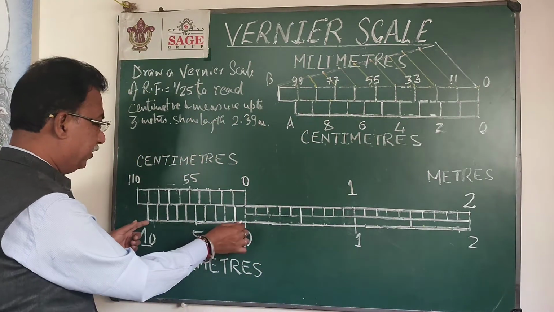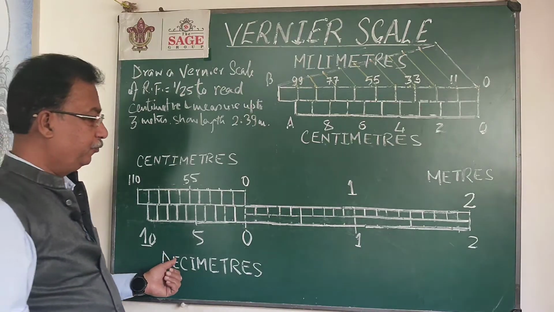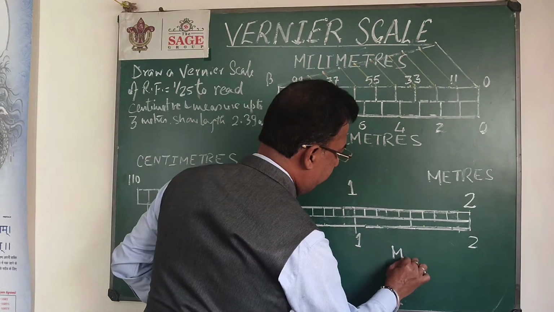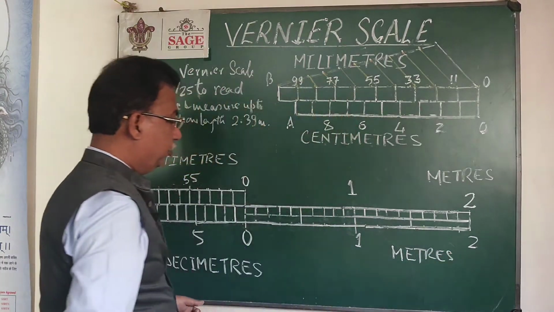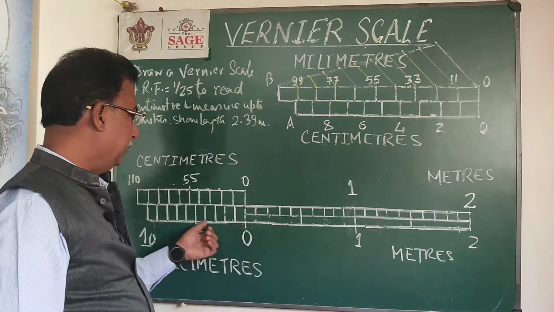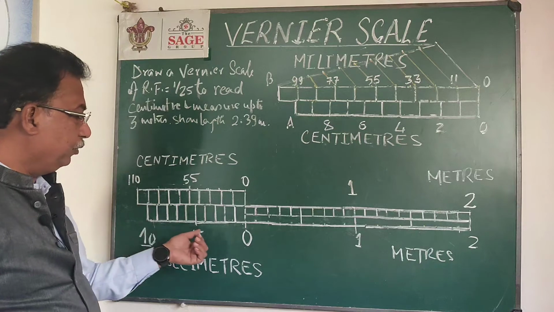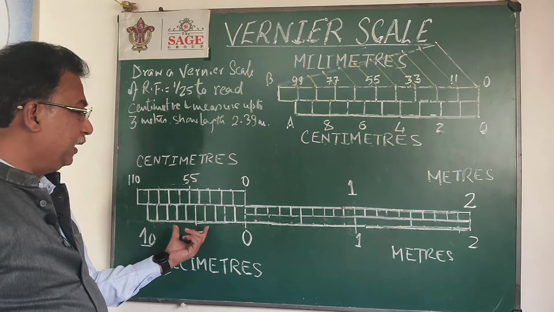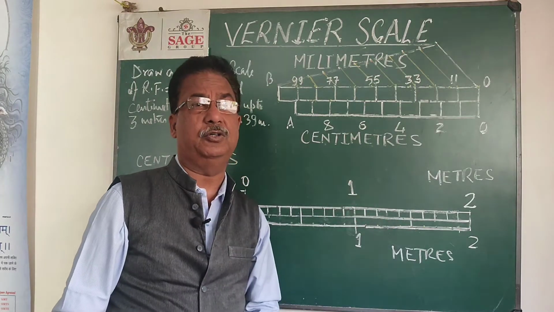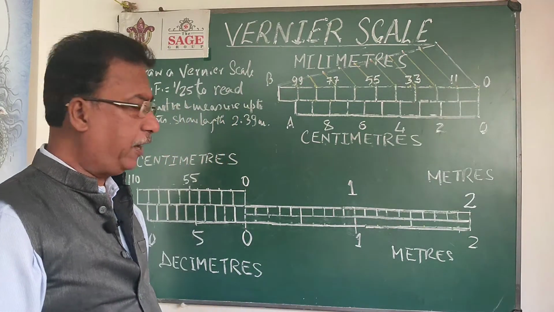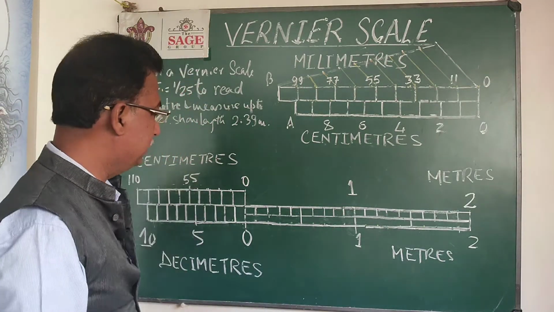And again in the first part, like a plain scale, we have divided the first part into 10 parts, so we will get decimeter. So initially I have divided, like a plain scale, this line into 3 parts, getting the 1 meter part, then divided the first part into 10 parts. But instead of just dividing the first part, we have divided this first part and this second part also in 10 equal parts. Why I have done that, I will explain to you later on when I want to measure the length with the help of this scale.